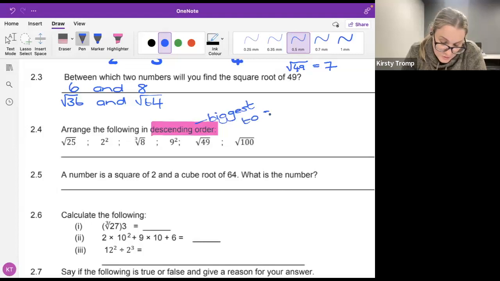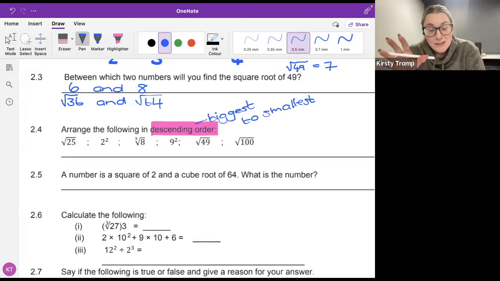Okay, so biggest to smallest. All right. So now I've got a bit of an issue here because these numbers look a bit weird. They're not in standard notation. They don't look like normal numbers. I've got some squares there. I've got some square roots there. So I need to go do a little bit of work on them first. All right, so let's go with